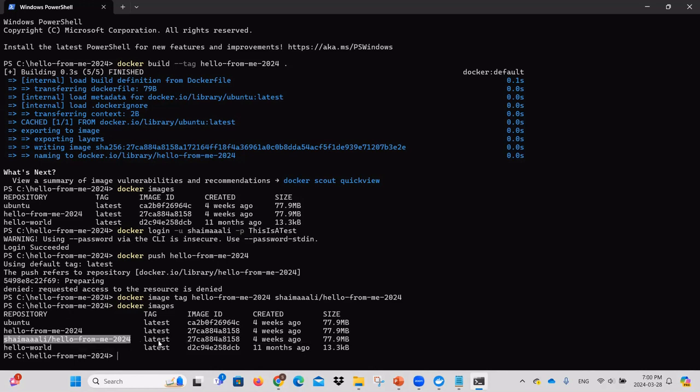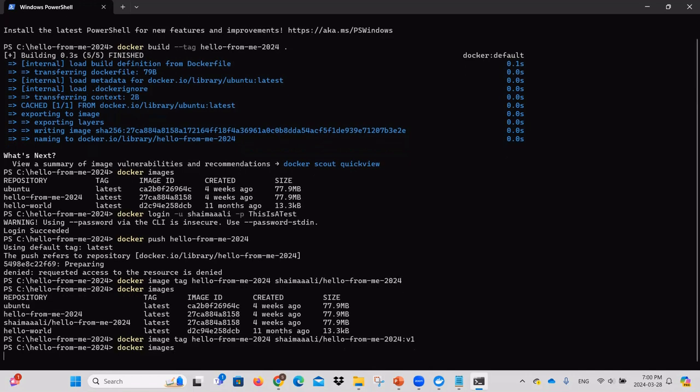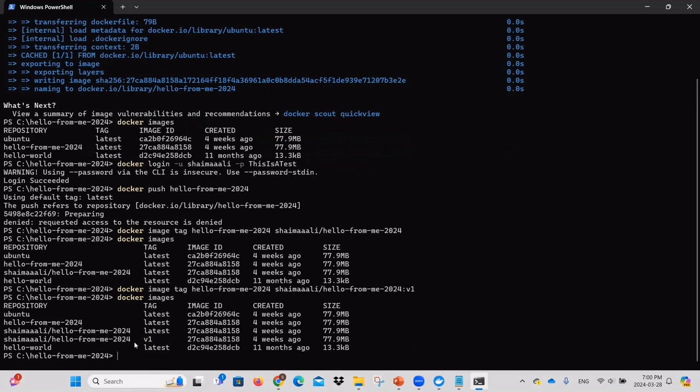Now I can also specify a different version if I want to. So here I can say instead of latest, I can specify, let's say, V1. So now I added another label that has another version, another tag, like another version. Now you see all of them are the same image, but one of them doesn't have latest as a tag. Okay,